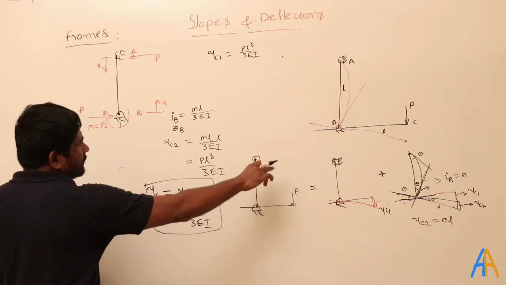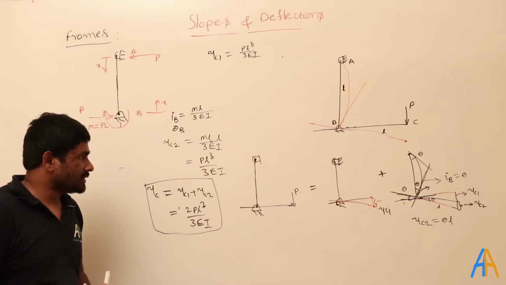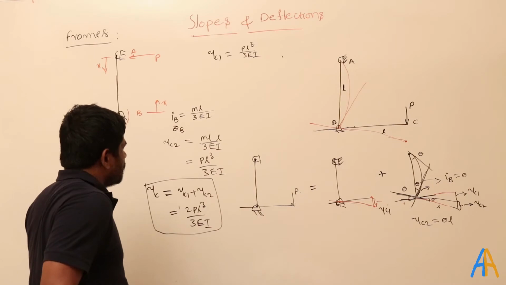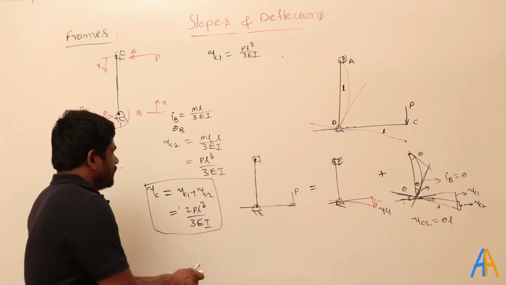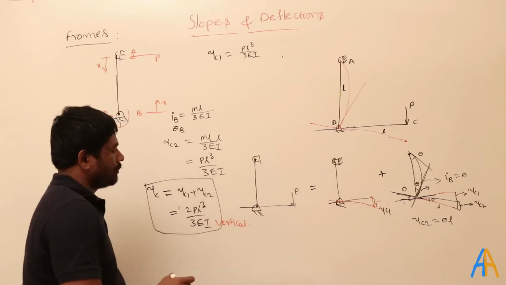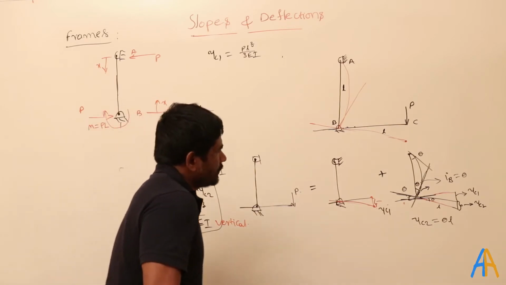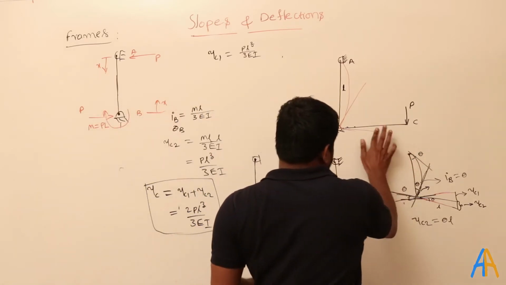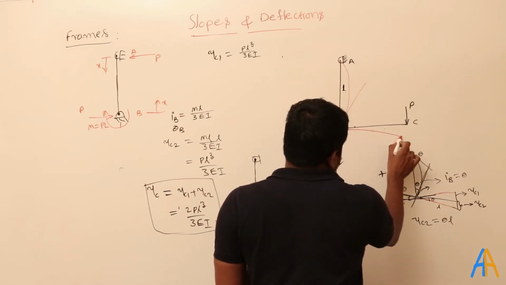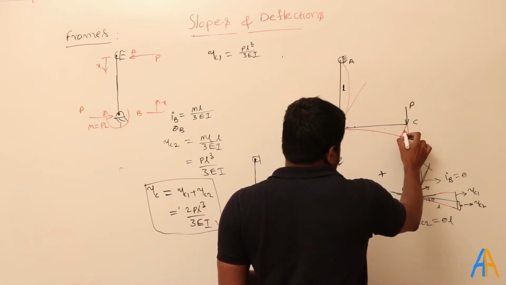If you can visualize all these, then you can easily find out like this. But in the examination, if you fail to visualize this, then we will see how to find out. I said this is the vertical. So what is the horizontal here? When it came to the final position, it would be something like this. This is the vertical, this is the horizontal, this is the total.